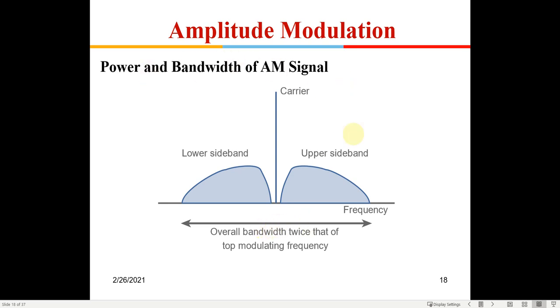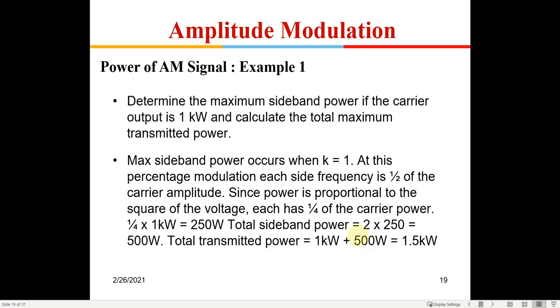Okay, so that is the bandwidth of an AM signal. Now this is a small example to make things more clear to you. Determine the maximum sideband power if the carrier output is 1 kilowatt and calculate the total maximum power transmitted. So maximum sideband power occurs when the modulation index is 1. Some books use the value K for modulation